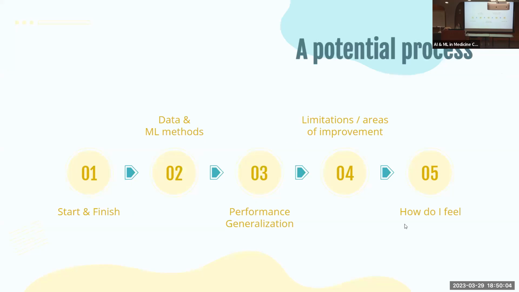And that's pretty much it. And now we're at step 5: how do we feel? I always add this one because I think it's important to think, if you're still skeptical of a paper, if you wouldn't use that tool, you really need to ask yourself, why is that? And what could be done to improve the paper so that I do trust it? And if you feel really good about it, then that's probably a good sign. Hopefully you actually looked at all of the potential areas of improvement and you feel like they did a good job and you would trust using this machine learning algorithm on your own mom. So the how do I feel step, I think, is an important addition to evaluating an ML paper.